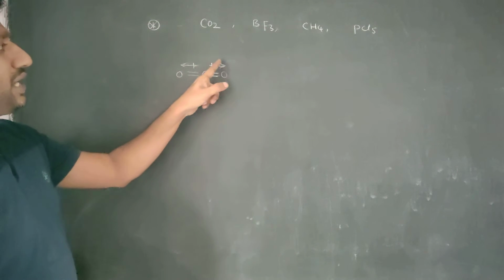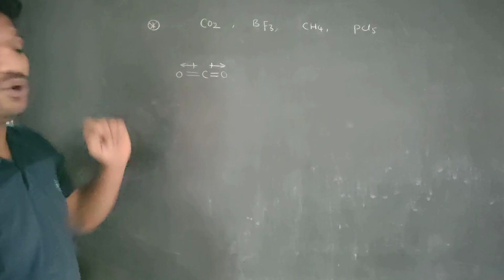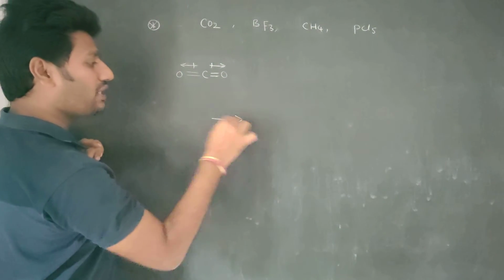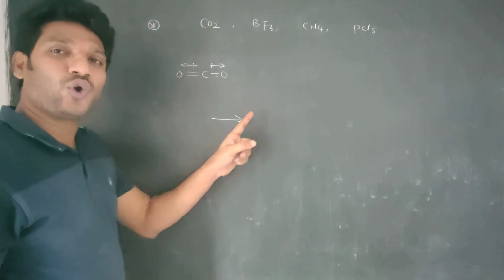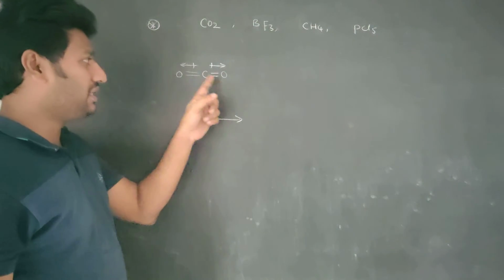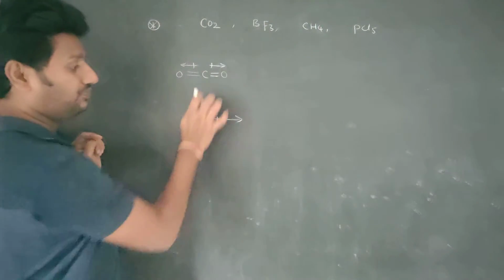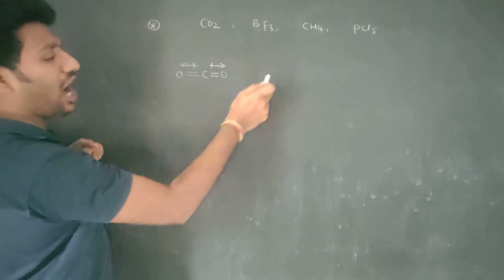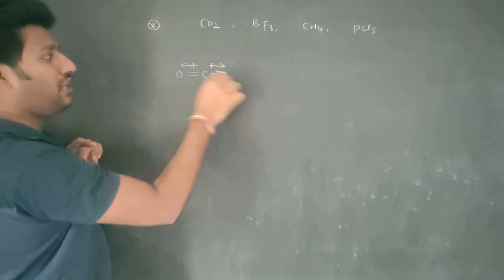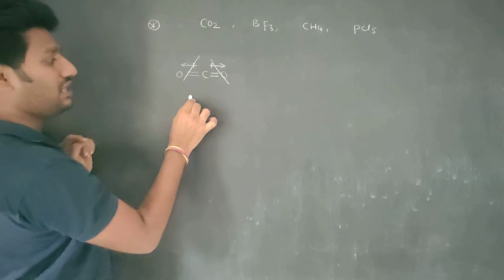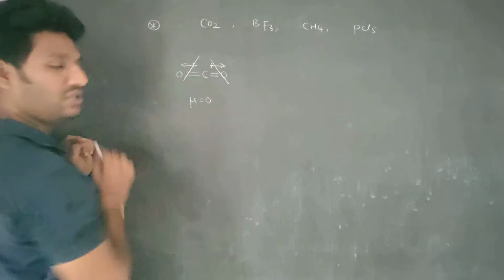So the dipole moment is represented as a crossed arrow. If we only write an arrow, that equals a coordinate covalent bond, but in our concept it is dipole moment, which is represented as a cross. So both are completely opposite, and that's why they cancel. Then the dipole moment mu is equal to 0.